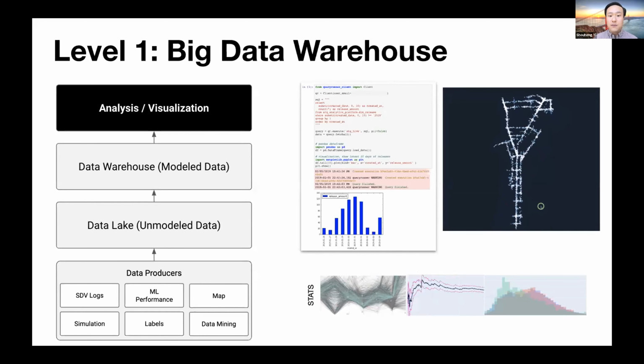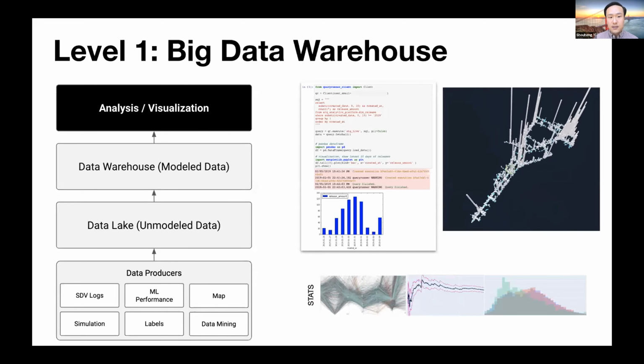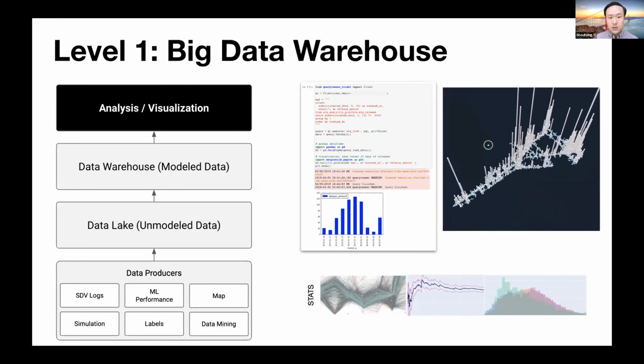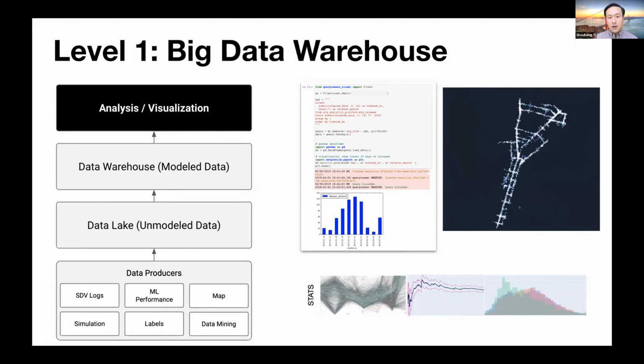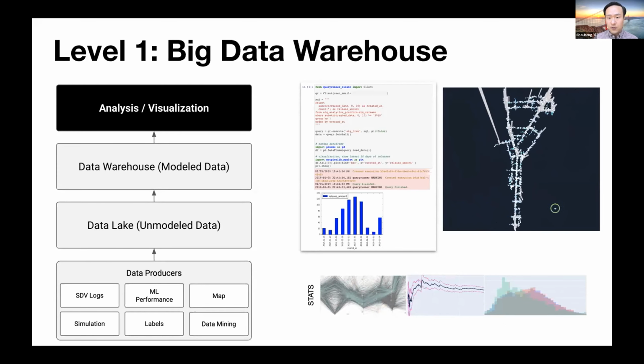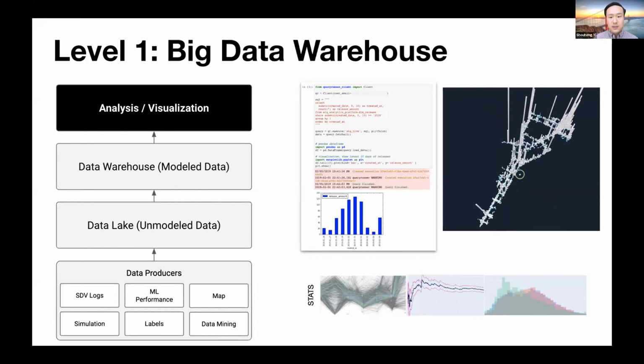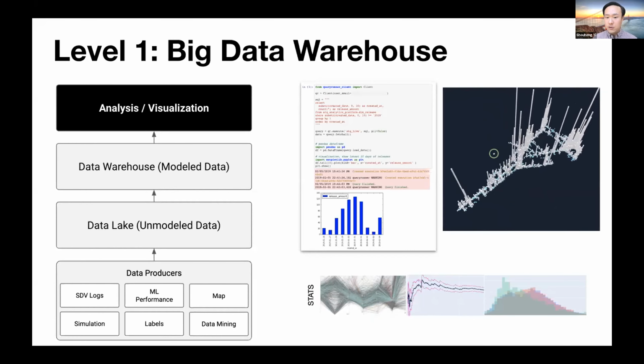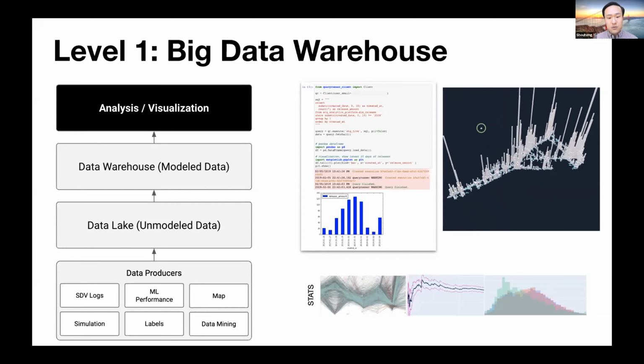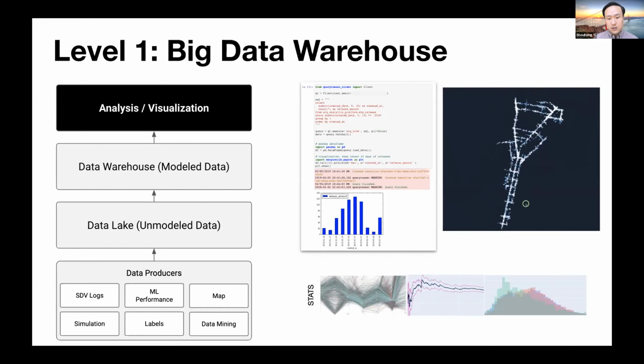Well, once we have those tables at our fingertips, we're able to utilize a lot of the analytics and visualization tools that we have at ATG. Let's say the most common one is the Jupyter Notebook. You can do statistical analysis on top of those data. You can throw the data on a map. We have a map visualization tool. And you can drive statistical inferences or machine learning models on top of those data.